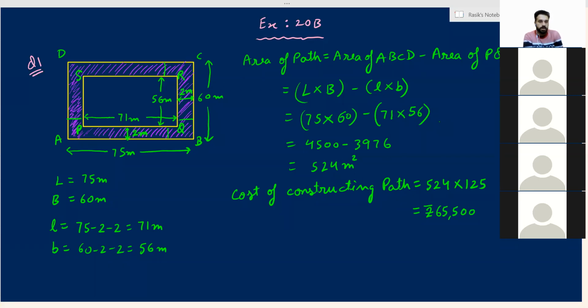Very important. Please pay attention again. First is the dimensions of the figure. Whatever the figure, you have to make the figure in every question. The figures are not given in your book. You have to draw the figures by reading the question yourself. Mark the dimensions very carefully. This was the first thing that you have to know. Second thing, use the concept. The concept is area of path will be equal to area of outer rectangle minus area of inner rectangle. Simple concept. So these are the two most important things, and the rest is all calculation.